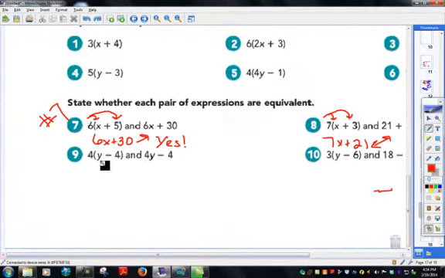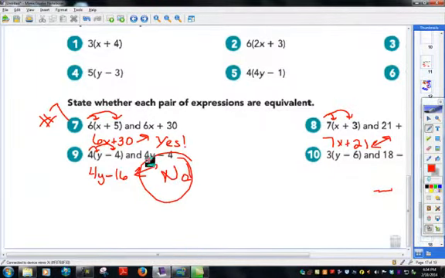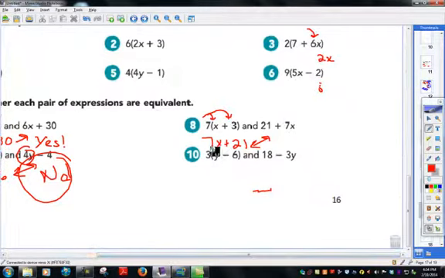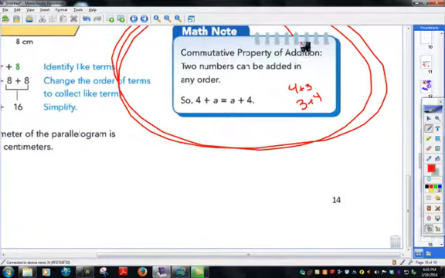Okay, here we go. Let's go ahead and expand this. So 4 times y is 4y minus 16. Are those the same? No, obviously not, because the coefficient's the same, the variable's the same, that term's the same, but this is subtracting 4, where you actually are subtracting 16. Okay, here we have 3y minus 18. I'm just doing 3 times y and 3 times 6. Are those the same? Absolutely not, because you cannot, going back here again, this works for addition, the commutative property